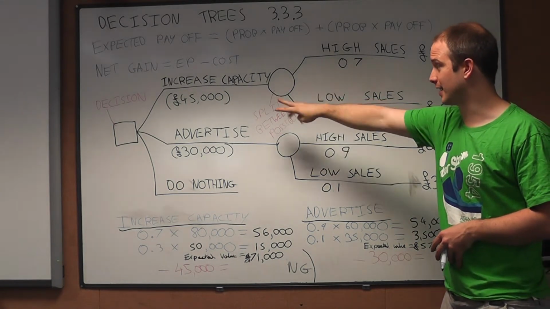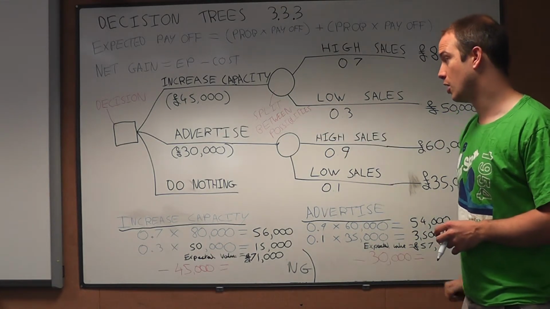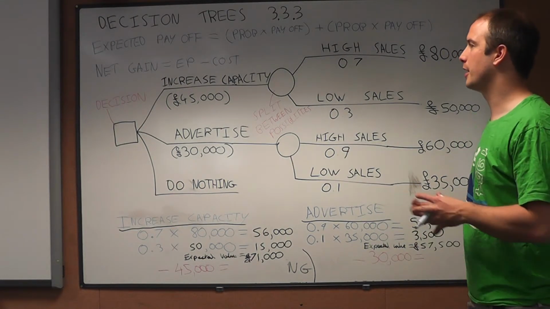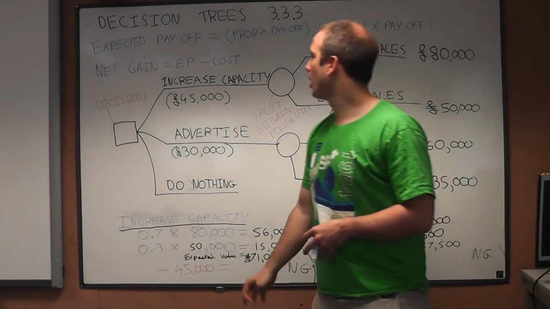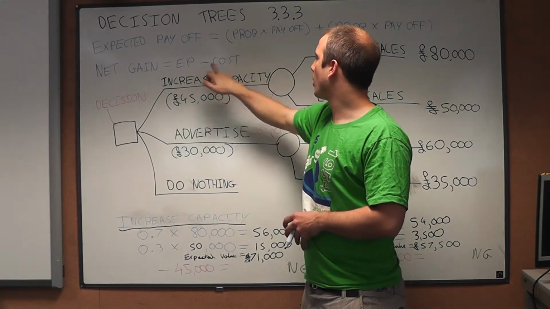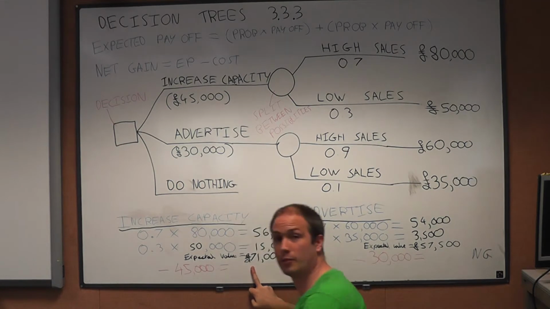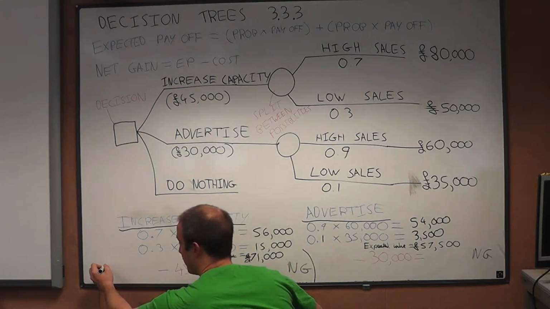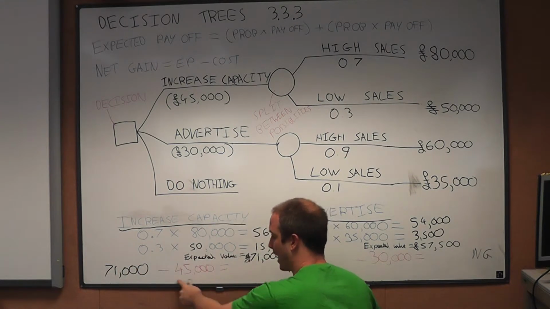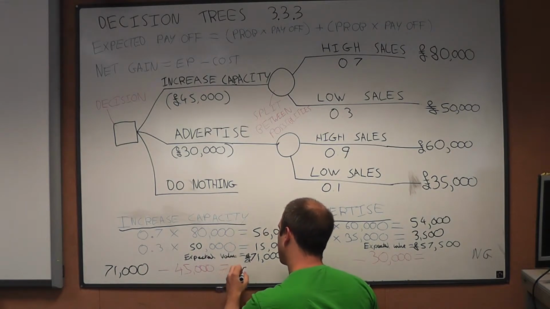So increased capacity has a cost of £45,000, advertise has a cost of £30,000. So after we take that off, we get a thing called the net gain. So the net gain equals the expected payoff minus the cost. So in this case, we're going to move this £71,000 over here, and we're going to take away our £45,000, which is going to leave us with